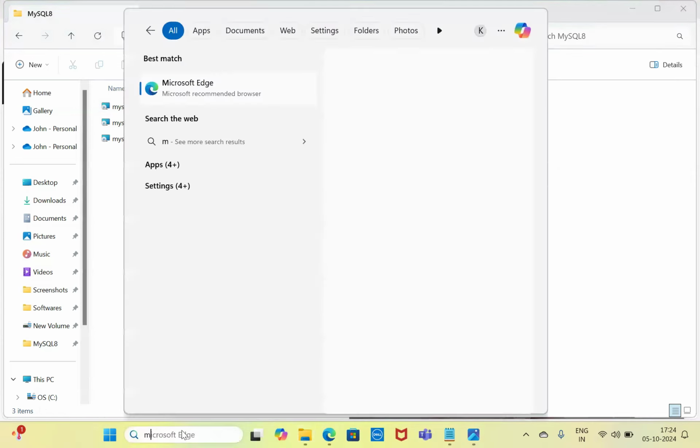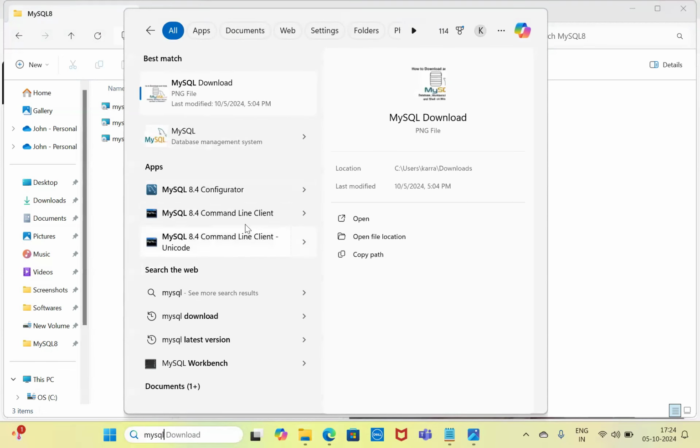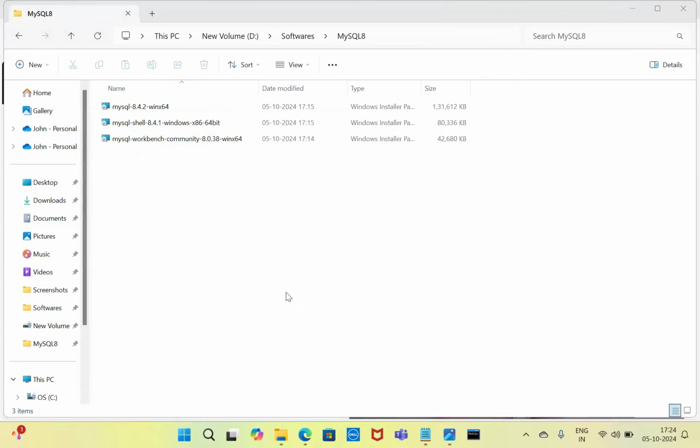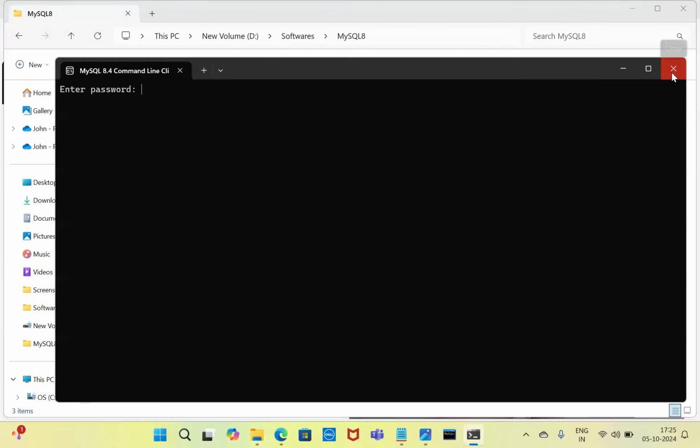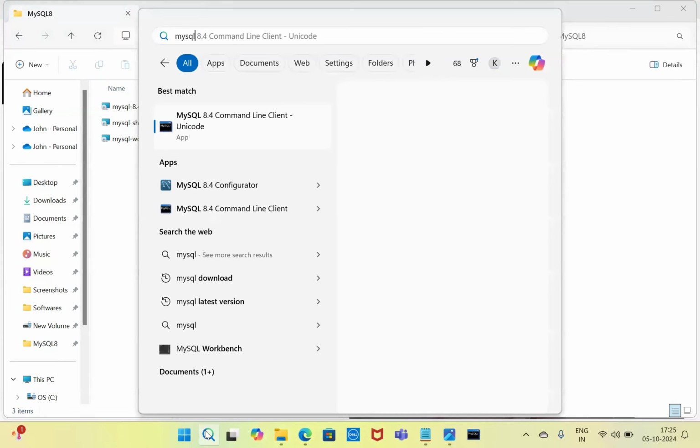Let's verify MySQL. This is the command line client. So pin to taskbar. This is what you can do. After that, MySQL, right? Open. This is the client. Close one. MySQL